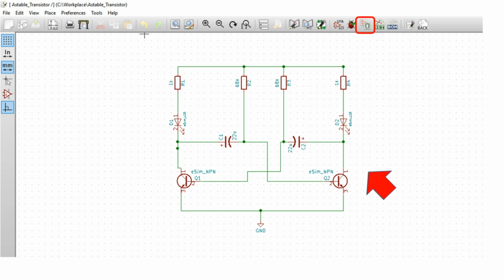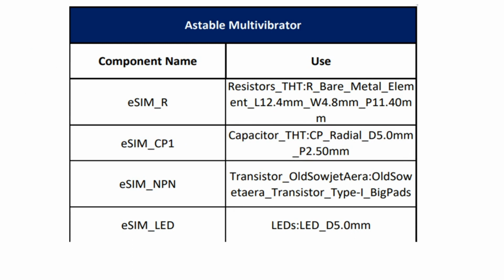Now kindly click your PCB mapping footprint icon. Once you click it, you should map your components. For the astable multivibrator, these are the components that have to be selected. For esim_r underscore r, resistor underscore THT has to be selected.